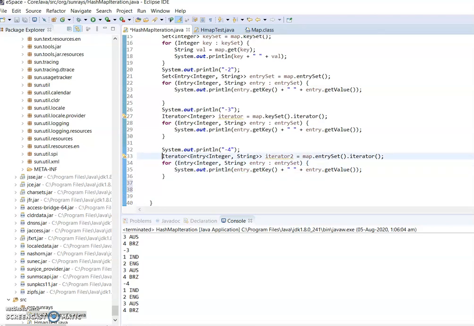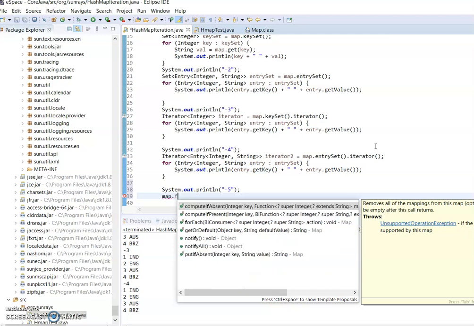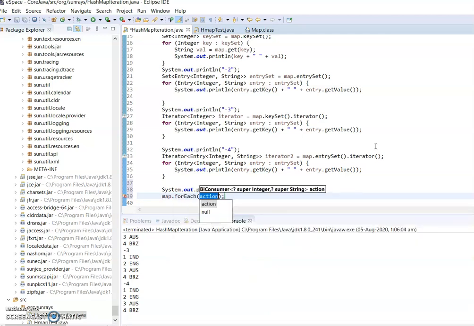Or we can go for some other techniques which are available in Java 8. From Java 8 I can use map.forEach. ForEach uses a BiConsumer. BiConsumer means two values are input, and consumer means it consumes them and returns nothing.